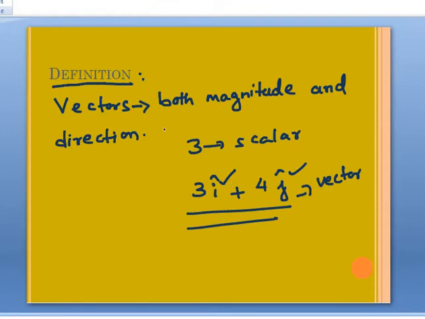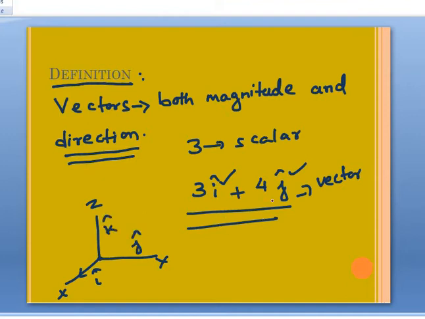The concept of direction means you are expressing it in terms of x, y or z direction. You have a unit vector i, a unit vector j, or a unit vector k. When you are expressing it in that direction, you will call a quantity a vector. Okay. Now comes our next relevant question. What happens when you change these coordinates? That is something we will be discussing in this class.